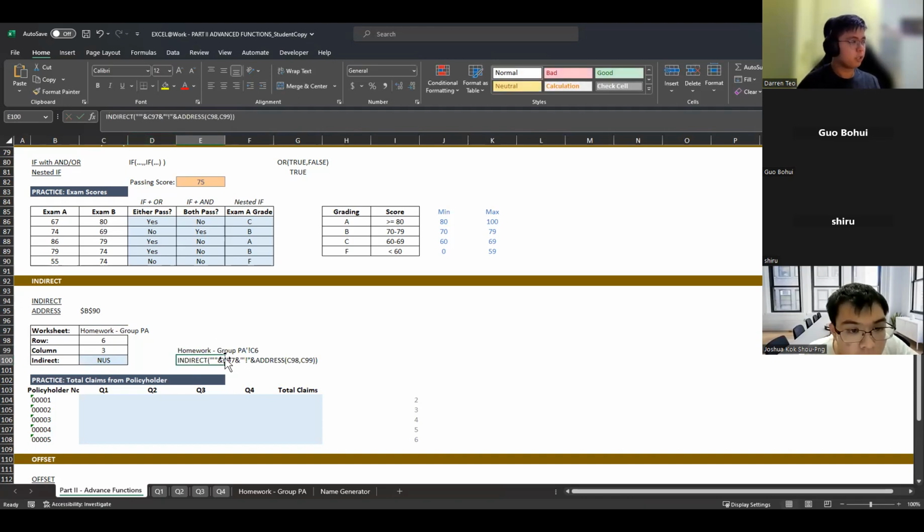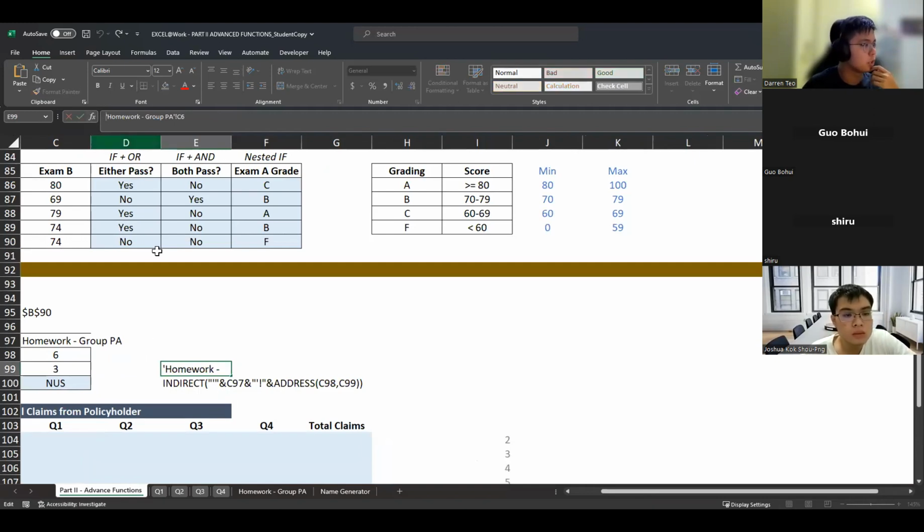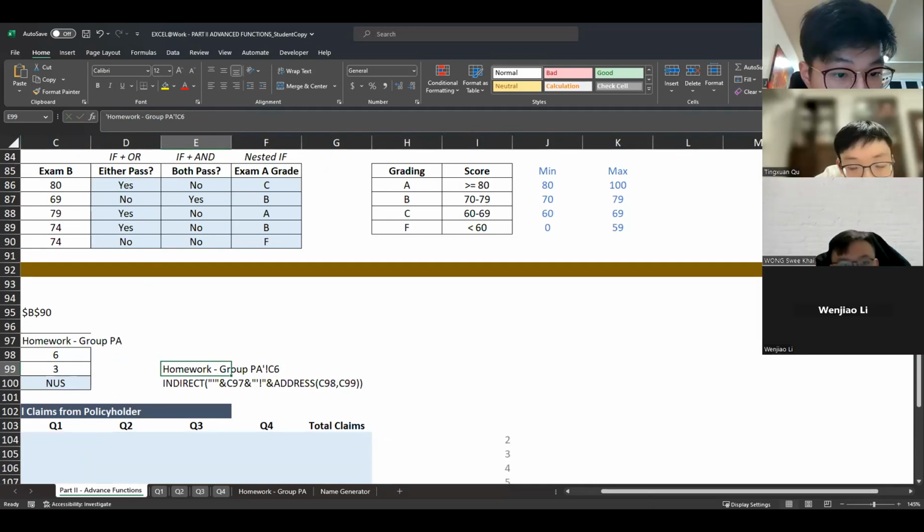So what I'm doing here is this Homework-PA, and actually there's a quotation here. I'm trying to replicate this formula using an Excel formula. The INDIRECT function creates this address, and using this I will reference whatever I need to reference.